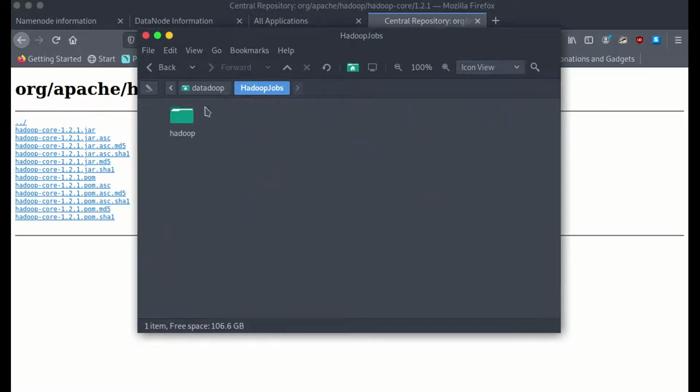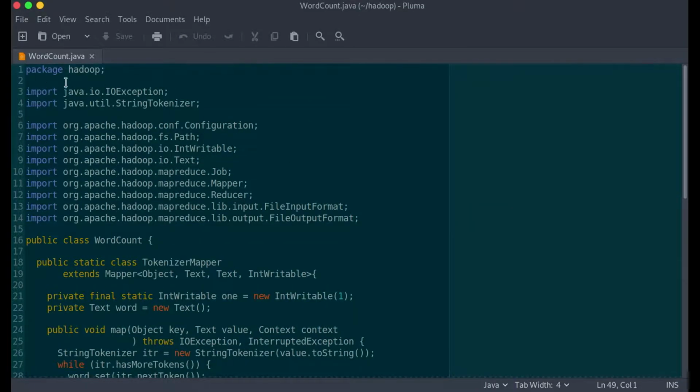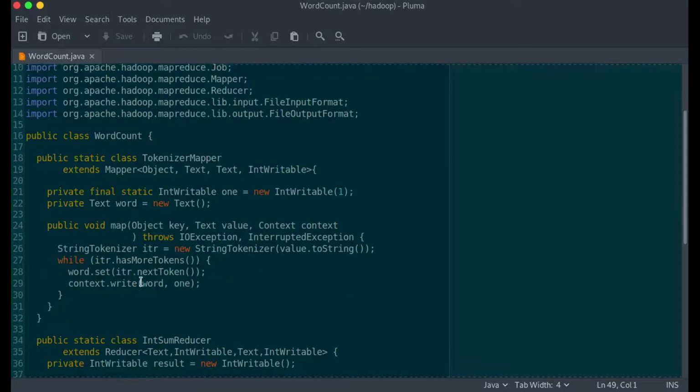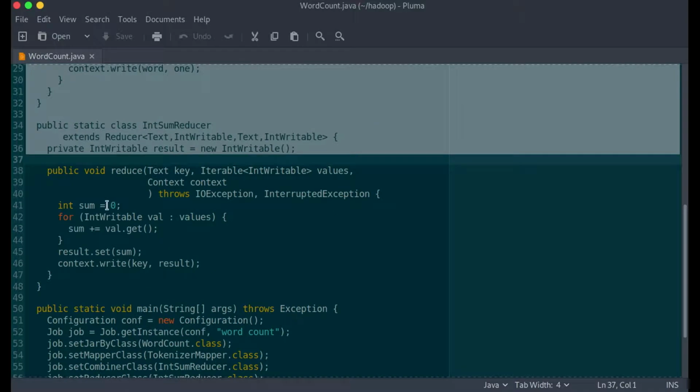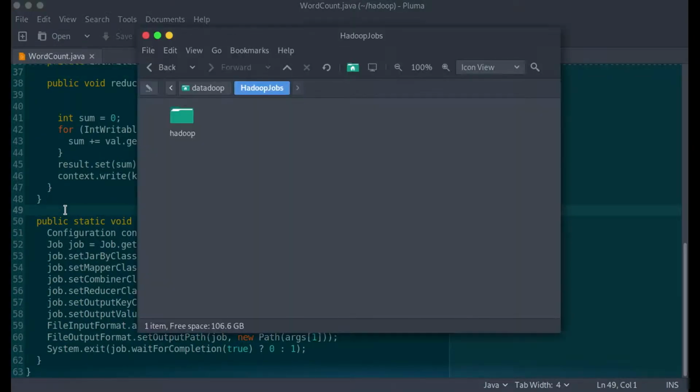Within this, you create another folder called hadoop, where we have mentioned package hadoop; in the code. So if this program gets executed without any errors, each class file, that's your mapper, your reducer and your main function classes, will be saved into this hadoop folder.